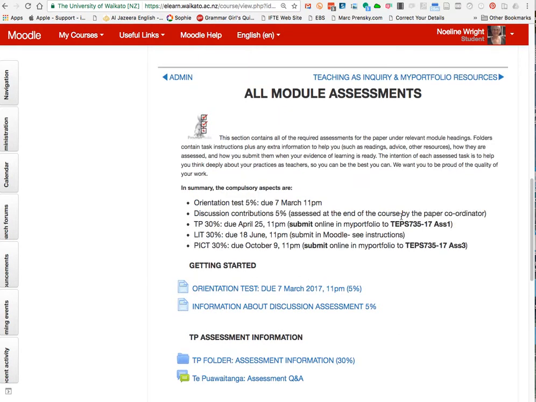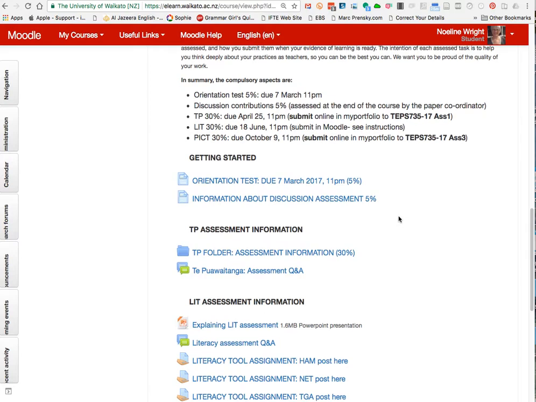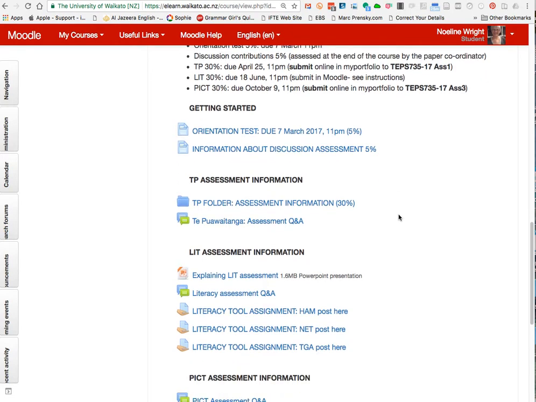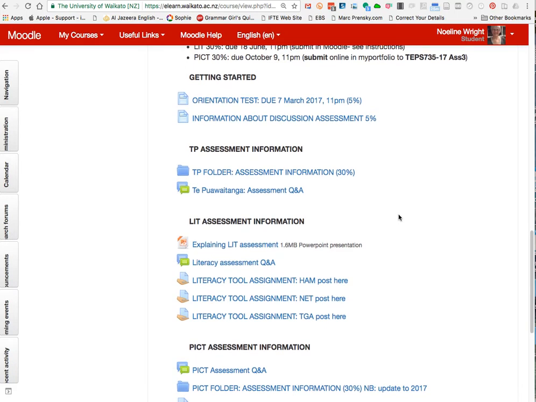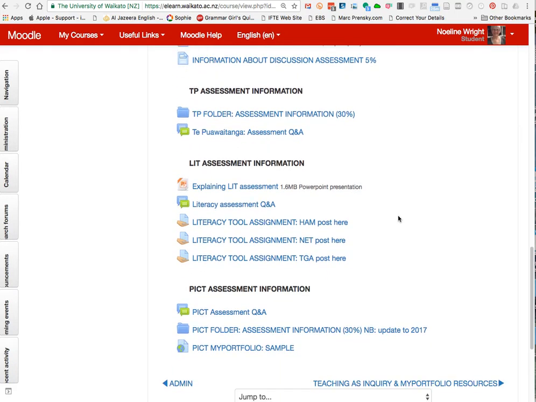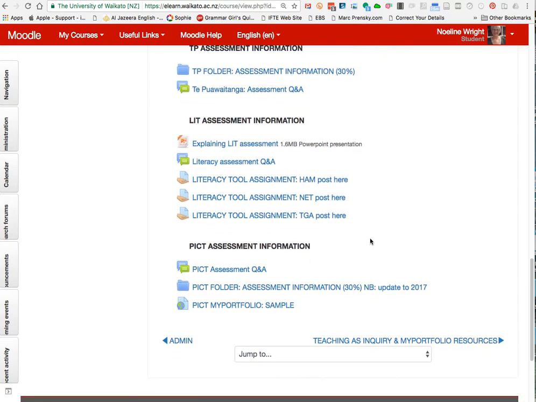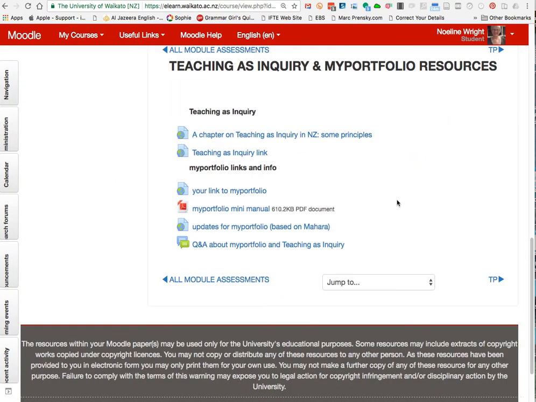The module assessments area contains everything you need to know about the submission dates, where to submit it, how, and what dates and what times, all of the information here about getting started, Te Pua Waitanga assessment, literacy assessment and picked assessment. The teaching as inquiry and my portfolio resources also give you information about some principles about